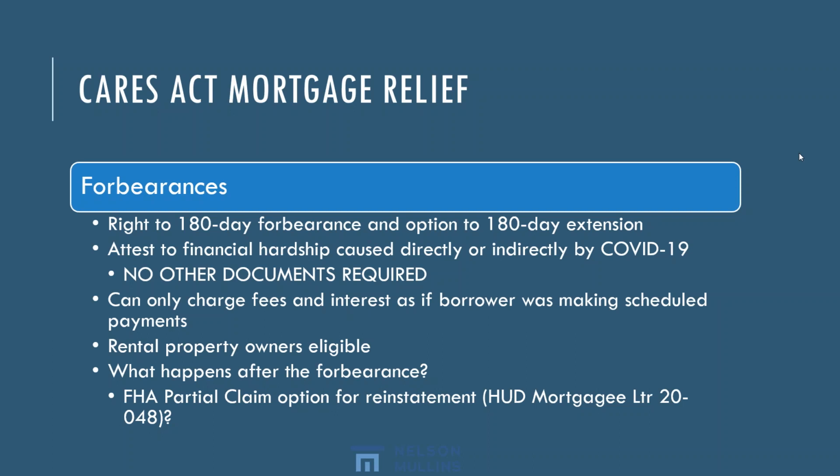The feds have thought a tiny bit about this so far. There's an FHA or HUD mortgagee letter that the FHA is allowing a partial claim to facilitate reinstatement at the end of forbearance periods, where the servicer advances part of the funding or all of the funding to reinstate, depending on the circumstances, and a subordinate mortgage is created, and it is not due until the first mortgage is paid off. Now, that hasn't been implemented at all, but there is this mortgagee letter out there that announces that this is an option. I don't know that anybody's going to be close to doing that yet, but that's something to think about. That'll need to be worked through too.